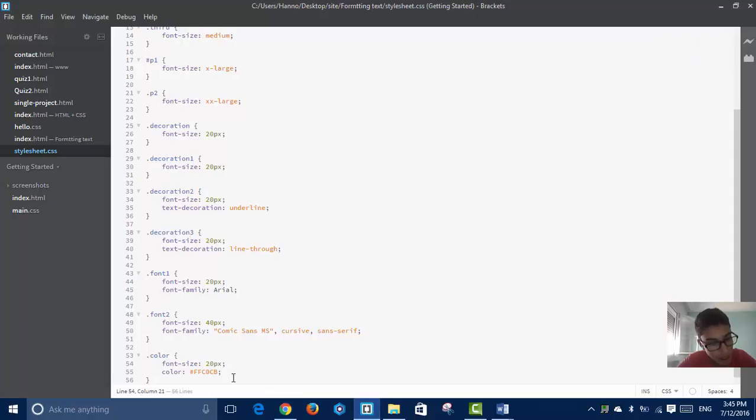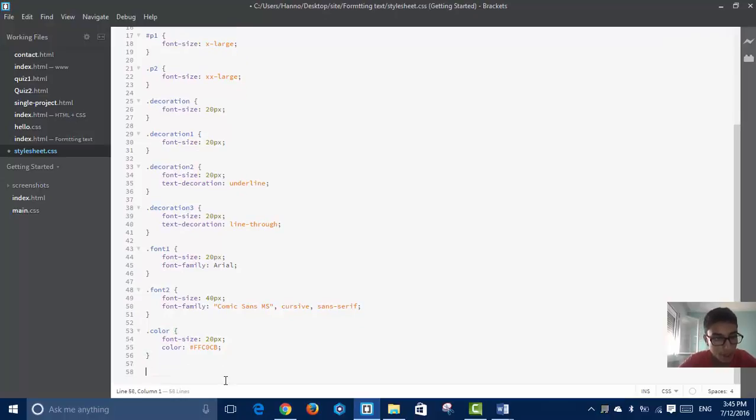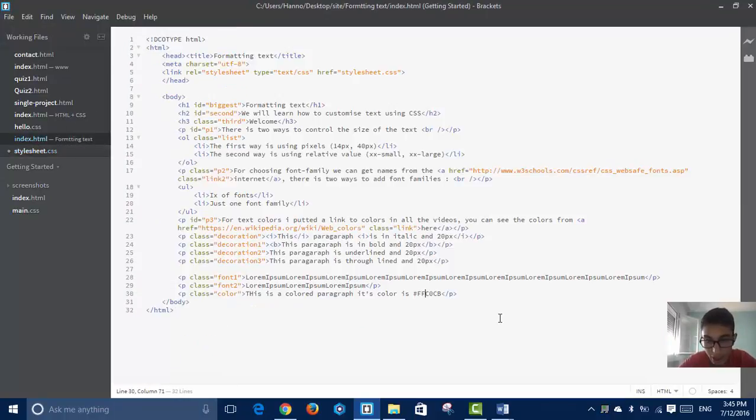So now we've got basic colors. Actually, guys, in HTML you can also add basic colors like red, blue, these basic colors. So P class equals color 1. This paragraph is colored red, which is a basic color, and I'm going to add